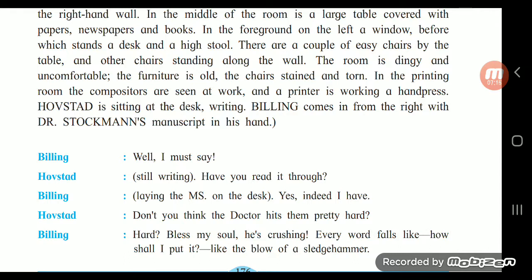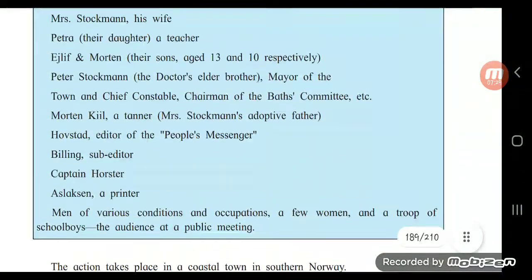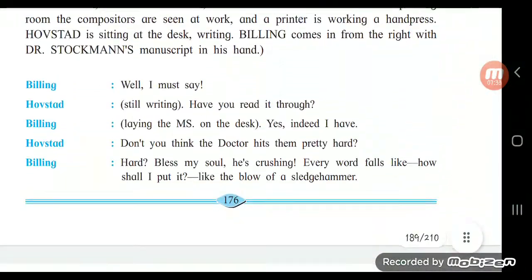Haustad is sitting at the desk writing. Billing comes in from the right with Dr. Stockman's manuscript in his hand. Now let us revise once again. Haustad is editor and Billing is sub-editor of People's Messenger. Okay. Now what happens is Billing enters